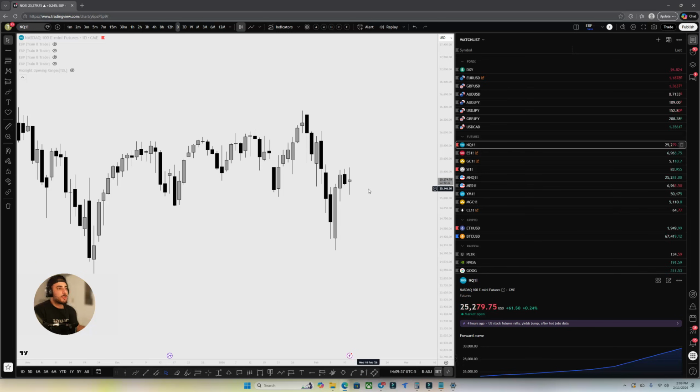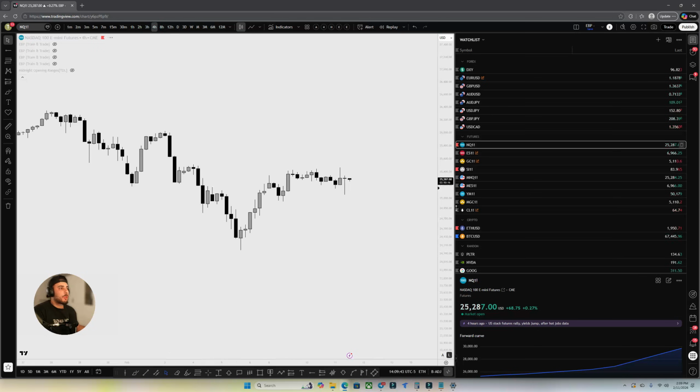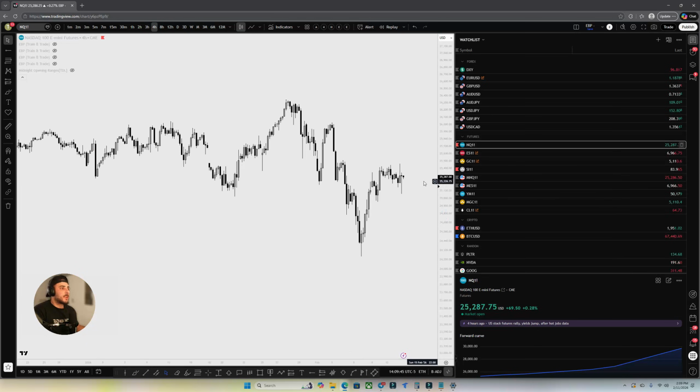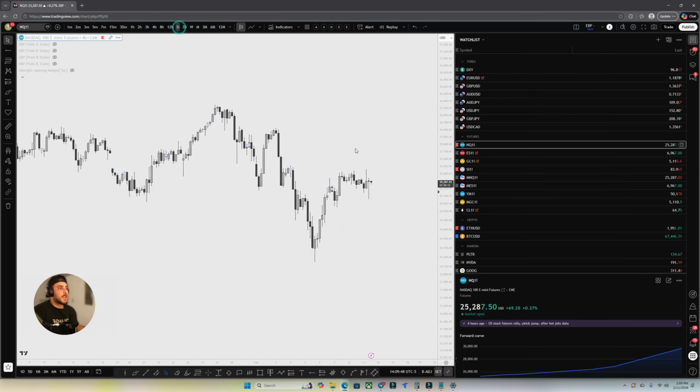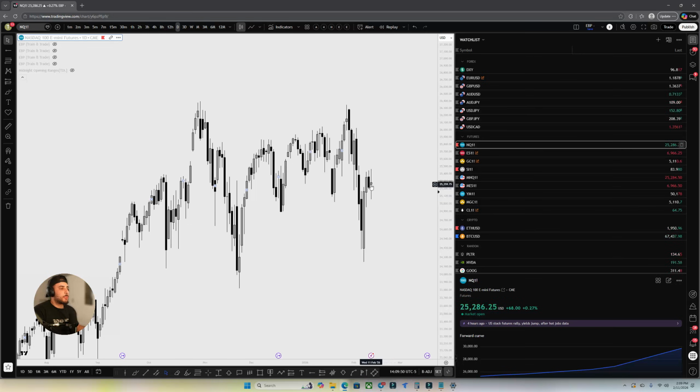That's just the truth of the matter. No one wants to admit it. But the reality is I have to see how this daily candle closes. Then I have to see the price action going into tomorrow. And the thing is this, the current daily candle still has a lot of time left, almost 3 hours. So I don't want to anticipate anything just yet.